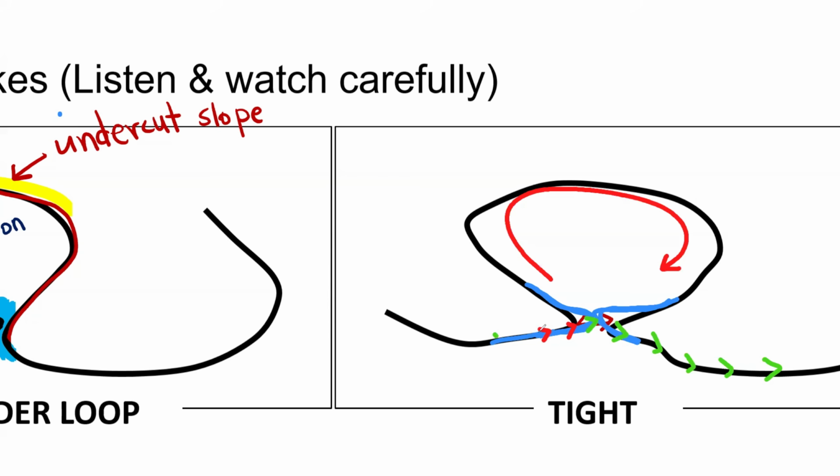As the water is flowing and flowing here, instead of going all the way around the meander, what will it do? It will just flow straight up here. The water won't need to go to the meander loop anymore. It will just flow straight from this side to the other side. Do you guys get the sense of what's happening?